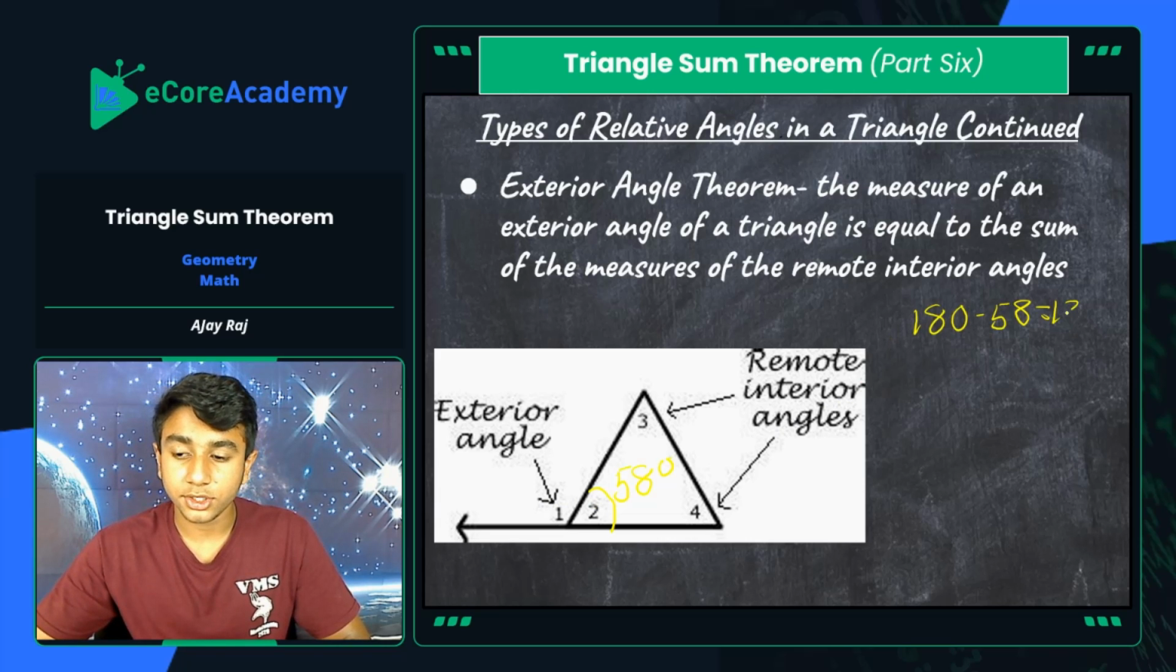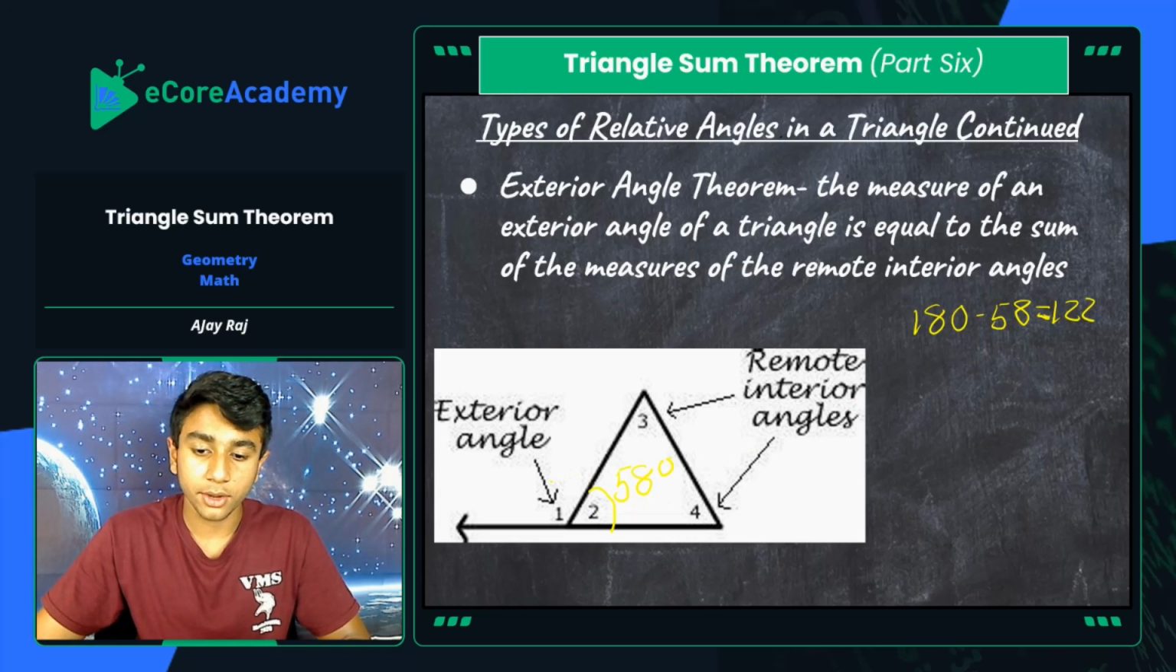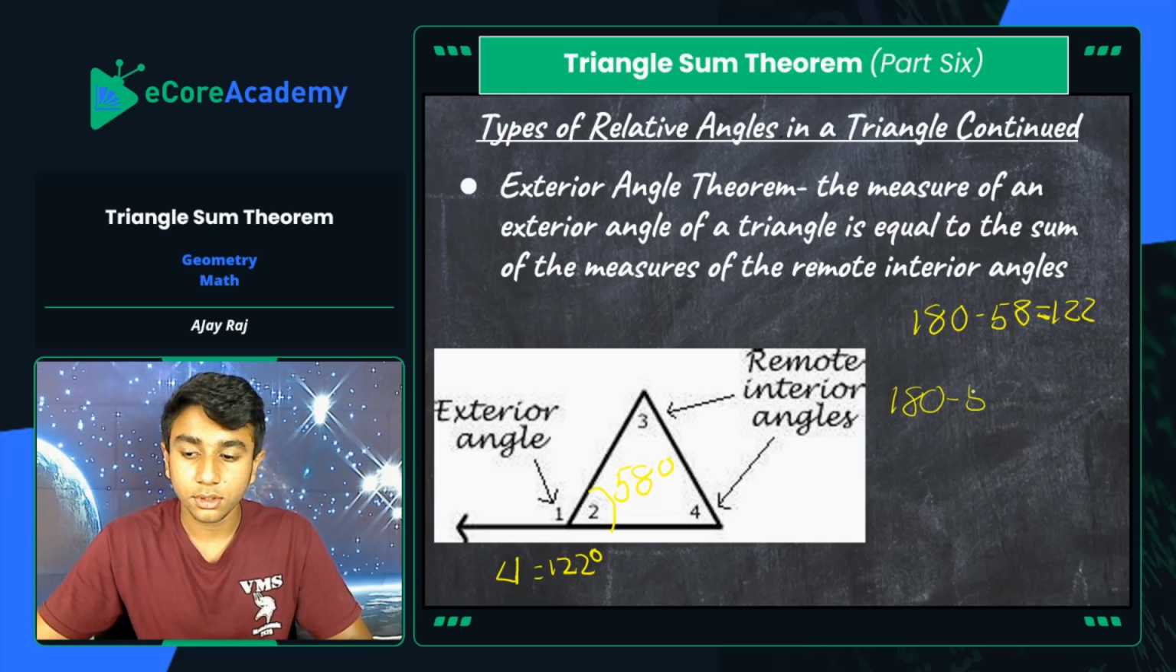We get 122. So that equals 122. And after that, we can assume that this angle 1 is going to be 122 degrees. So angle 1 equals 122 degrees. And since we know that angle 1 is 122 degrees, and since we know that the sum of the interior angles of a triangle is 180 degrees, we subtract and see that 180 minus 58, which is the value of angle 2, will equal 122. Which shows you that 122, the value of the exterior angle, is also equivalent to the